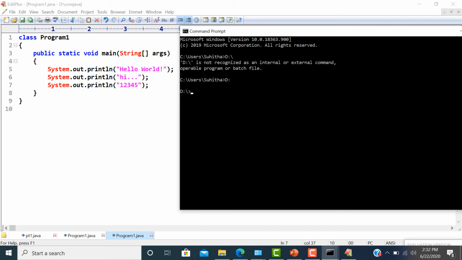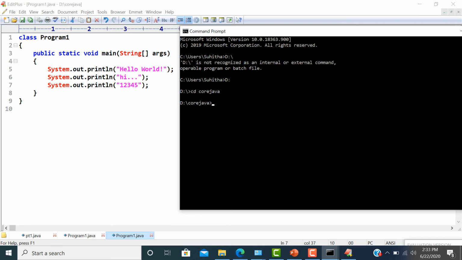After that, my folder name is code Java, so you have to use cd. cd is change directory. You give code Java. So it shows D:\code Java. Inside that only I kept my Java program, program1.java.